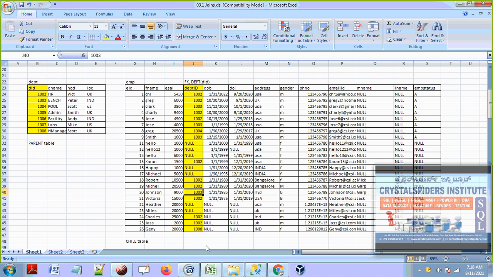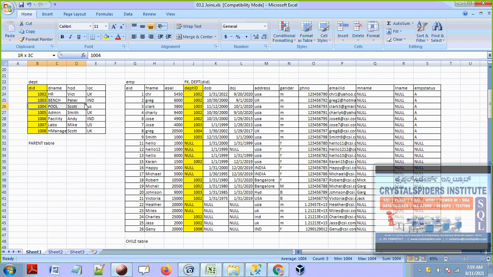So that means 4 employees are matching this 1003. There are 4 employees in the bench department. That means this record is going to match with the 4 employees here. So this record will join with the 4 records. The department record in the DEPT table is bench, the DID value is 1003, and it is going to join with the 4 records because it has 4 matches.